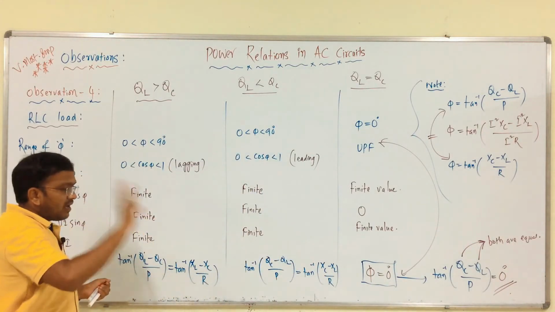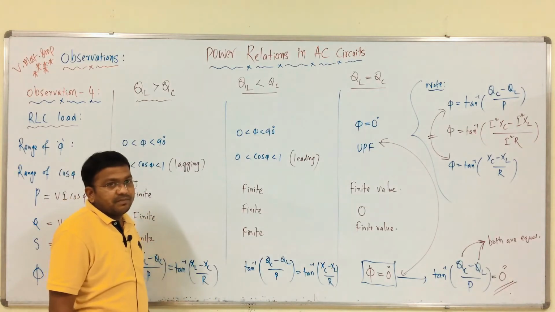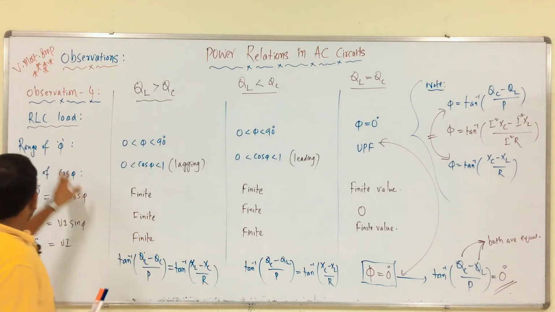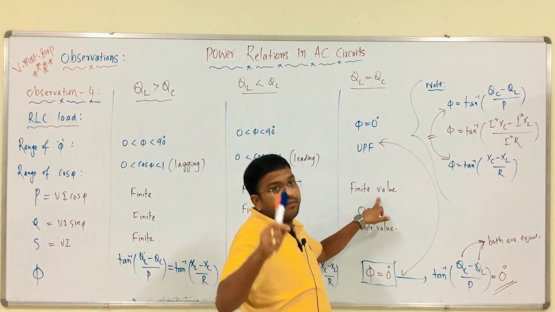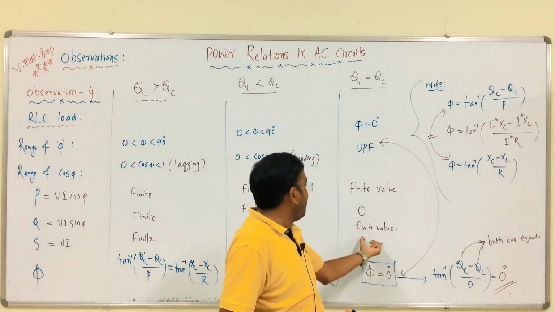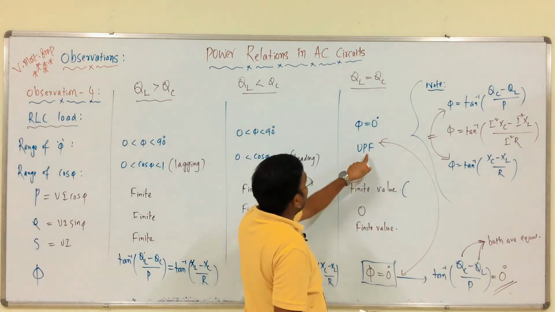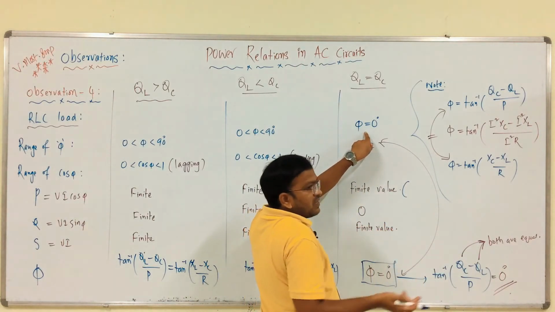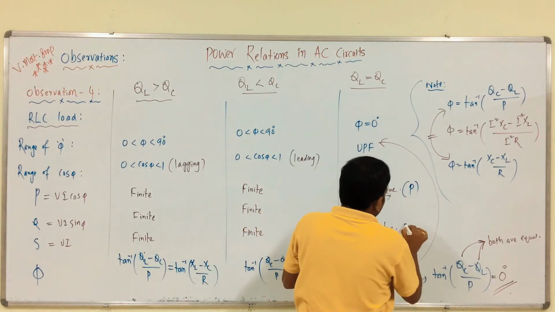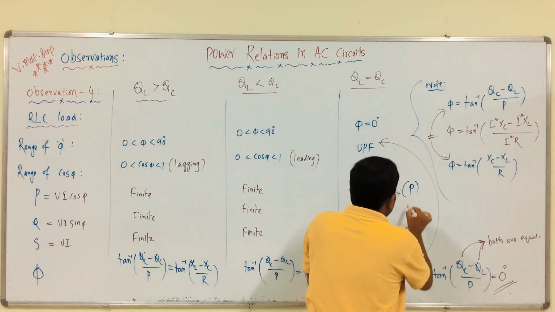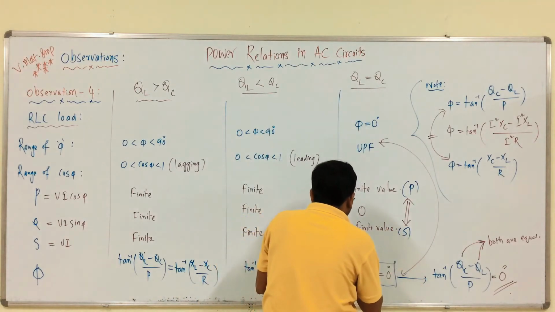Okay. In case of series RLC or parallel RLC load, these are the observations. See, here in this case QL is equal to QC, only we have finite value of active power, reactive power is 0, and we have finite value of apparent power, means what? Here phi is 0, cos phi is what? Unity. Therefore, we have P only, therefore, we have S only. Therefore, these two are equal. So, in this case, what is the observation?